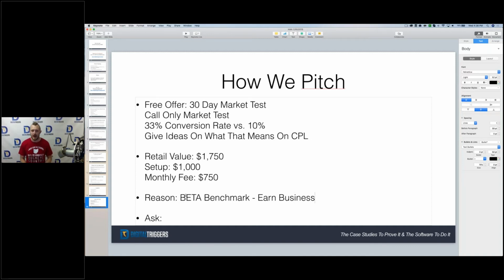And at the end of the day, a lot of these things come back to just essentially saying earn your business, but giving a little bit more reasoning so that it's really believable. And I'm not trying to pull the wool over a prospect's eyes. This should be a real reason, right? But at the end of the day, what we want this to scream is that we're going to do whatever we have to, to prove it to the customer and to earn their business.